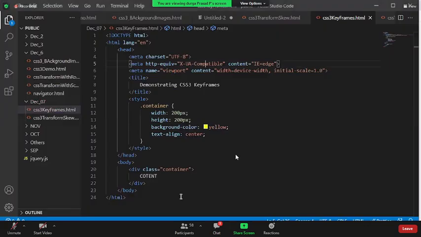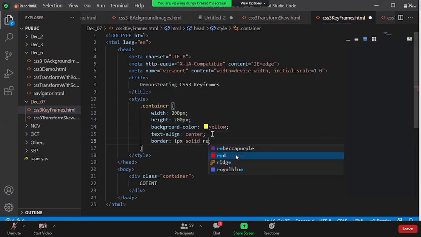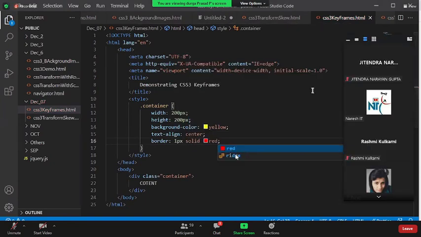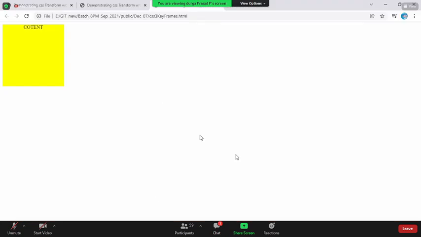Okay, this is how the container is coming. Let me put some border. Okay, this is how I have a very simple container.